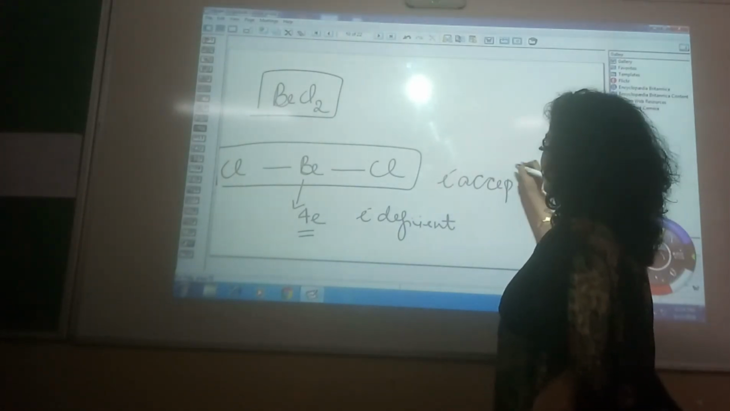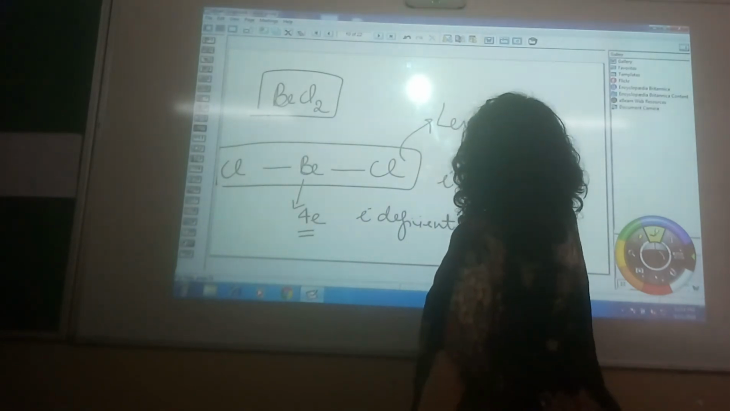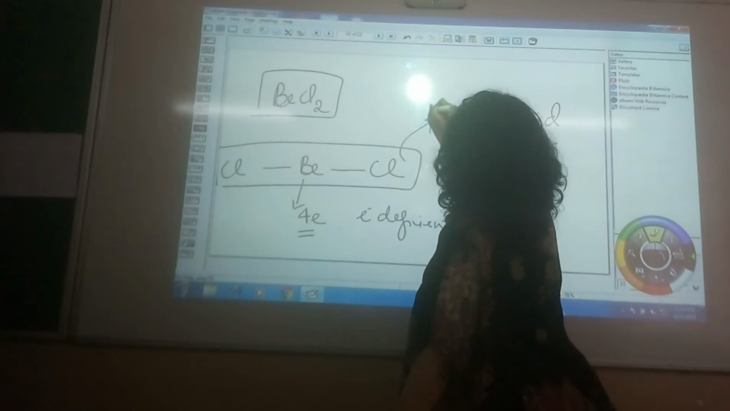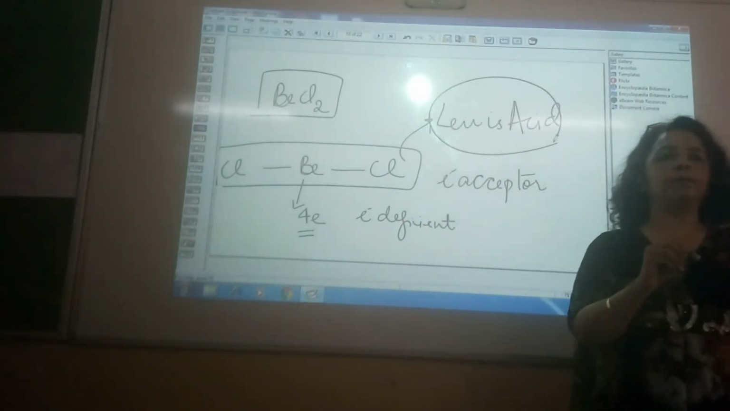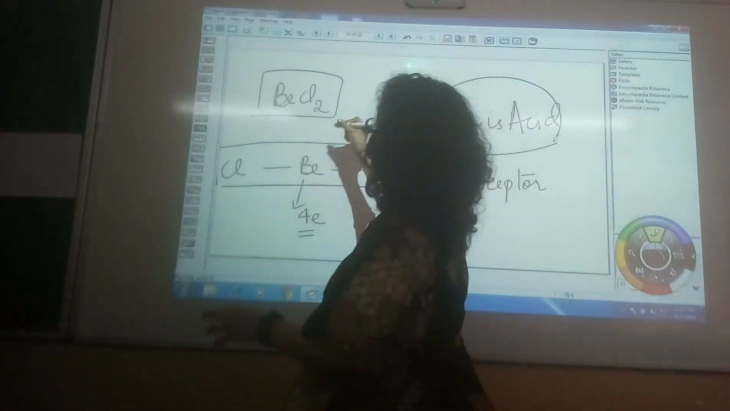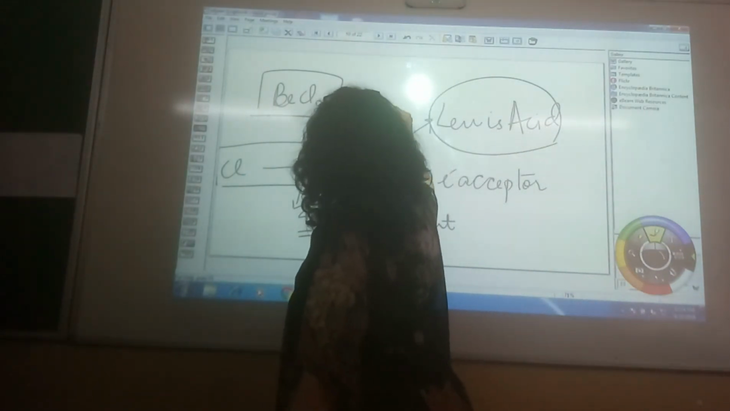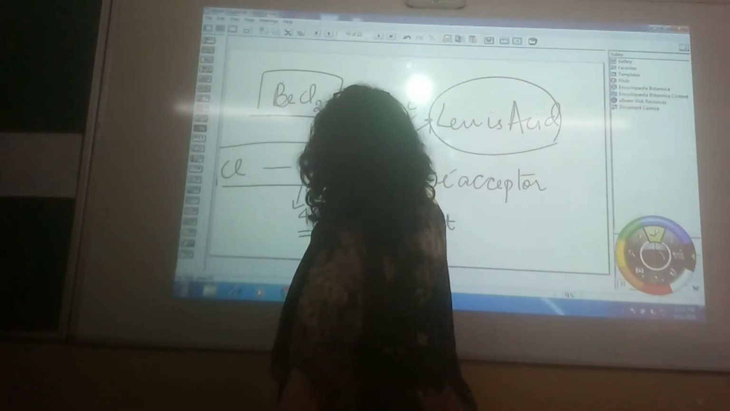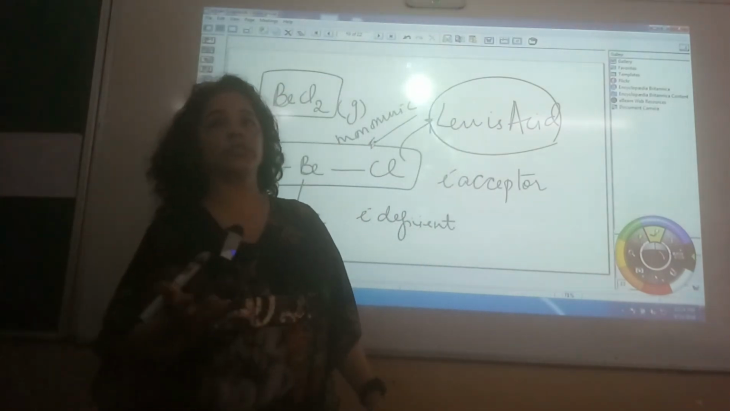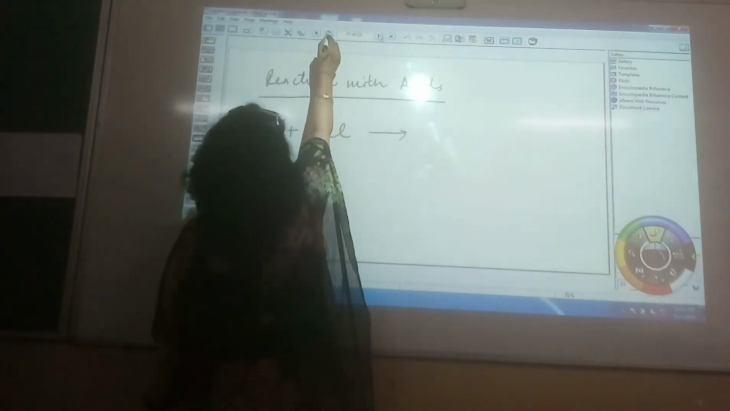If it is an electron acceptor, therefore it would be a Lewis acid. So beryllium compounds are normally Lewis acid in nature. Now beryllium exists as monomeric, which means a single unit, only if it is in the gaseous state. What happens if I talk about beryllium